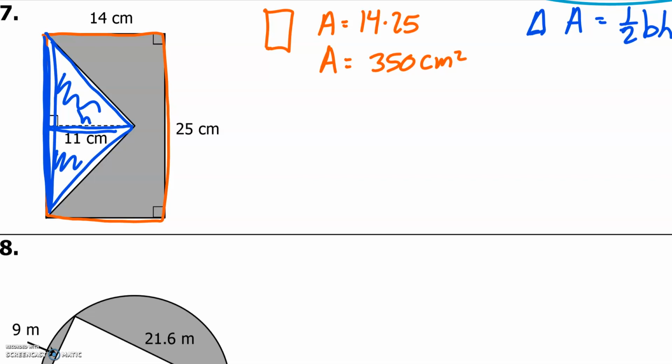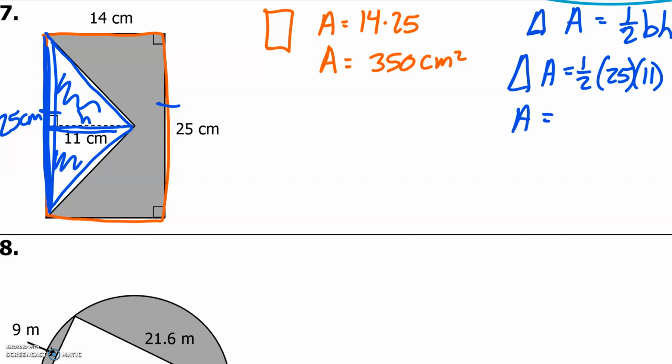But the opposite side of a rectangle, these two sides are going to be congruent to each other. So this is going to end up being 25 centimeters. Now, my base in this case is going to end up being 25. Area of the triangle equals 1/2 times 25 times the height, which is 11. So the area of that triangle is